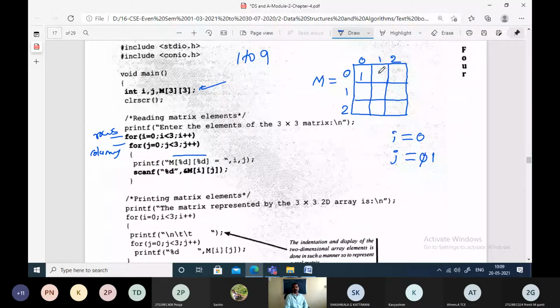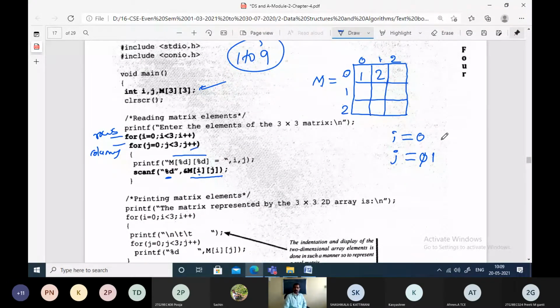You will be giving the element as 2, because we are assuming that you are giving elements from 1 to 9. Scan the integer from the keyboard and store it at the address of M of 0th row, first column. That is, 2 will get stored here.